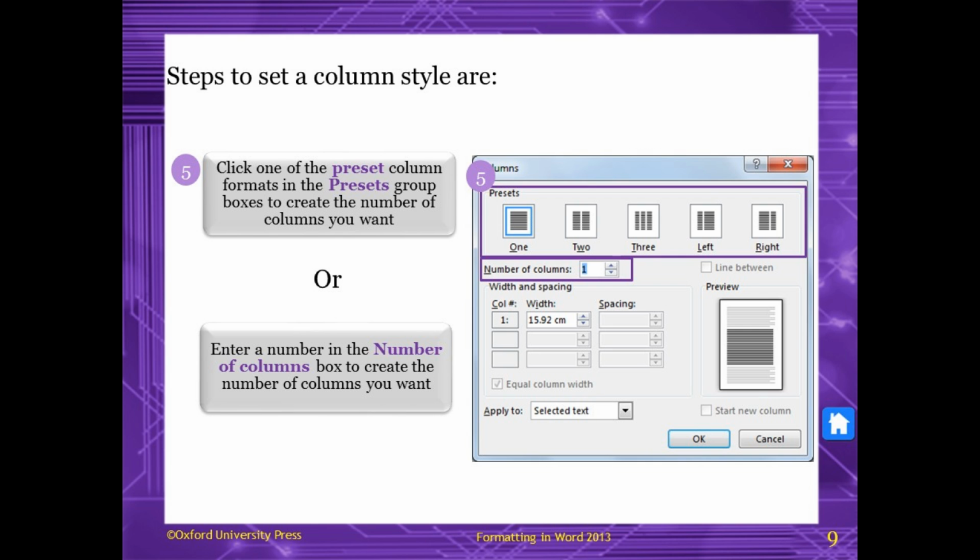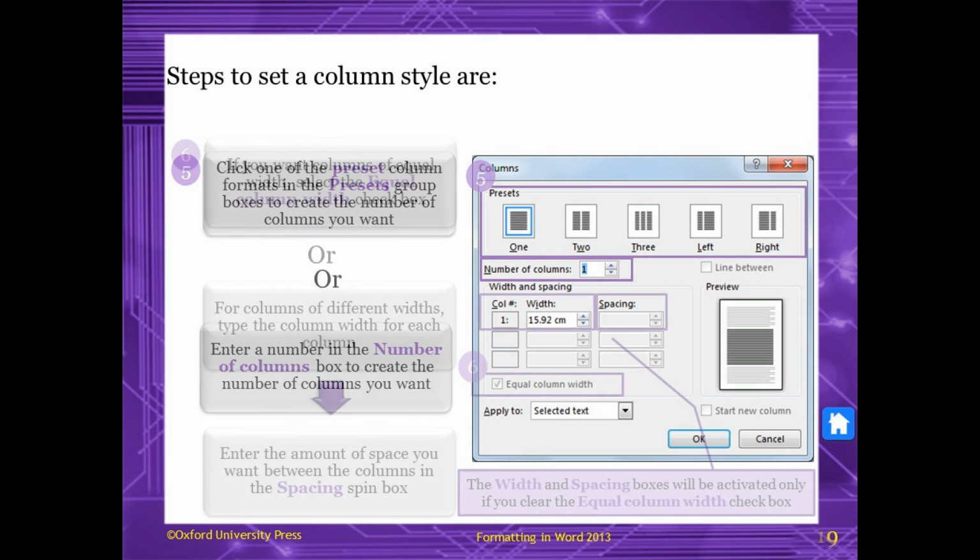The steps to set the column style are: click on one of the preset column formats in the Presets group box to create the number of columns you want, or enter a number in the Number of columns box. As you see in the picture, that is the Columns dialog box.